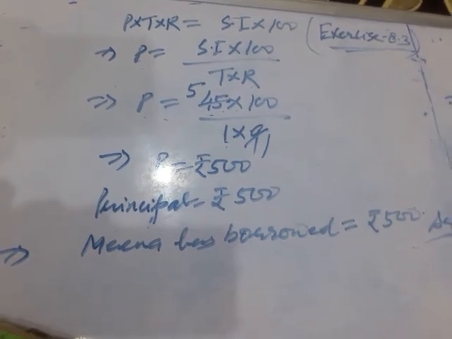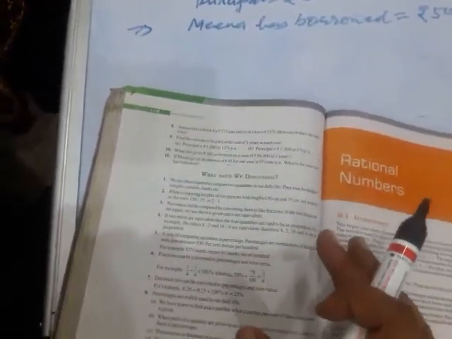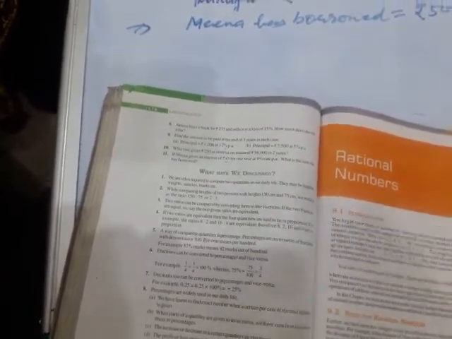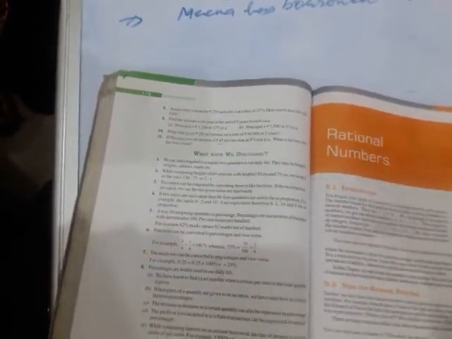Okay children, so this chapter came to an end. You are supposed to write the summary of the chapter at the end of the chapter. Children, one more thing, the questions that we have left over and given in homework, you are supposed to solve them very carefully, and if any doubt is there, you can ask. Clear? Don't feel any hesitation while asking the question. Either you can ask telephonically, or you can ask it through WhatsApp.